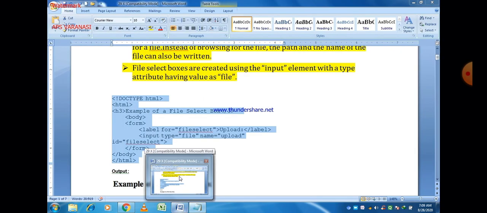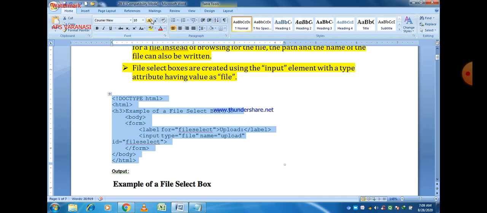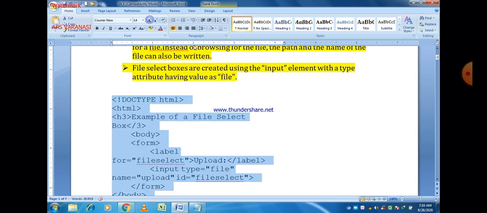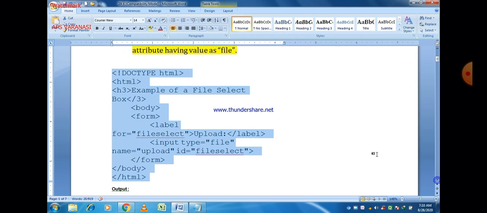Input type is equal to file. That is the program. Now you can easily see on screen an example to select a file in a form. The program starts with HTML.